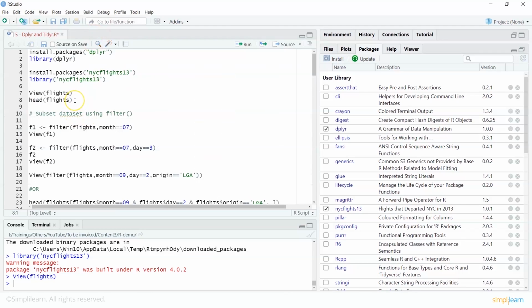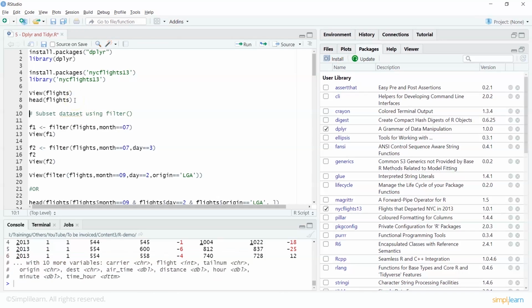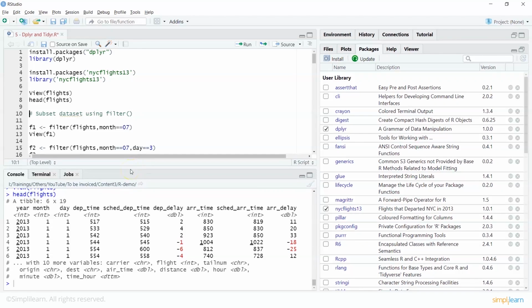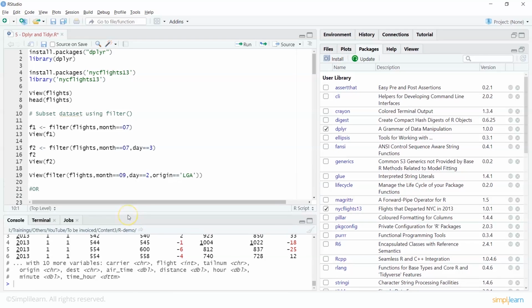Now we can also do a head to look at some initial data, which can help us in understanding the data better. So what is this data about? How many columns we have? What are the data types or object types here? It shows me how many variables we have. So this is fine. Now we can start using dplyr, and in that we can use, say, the filter function